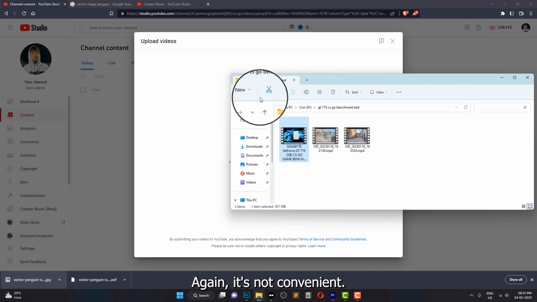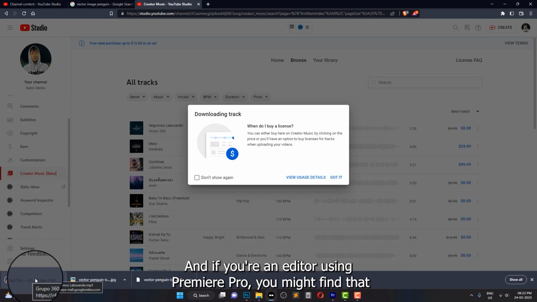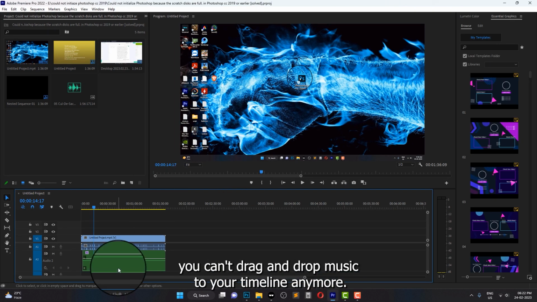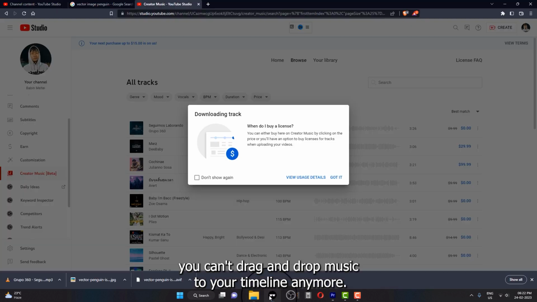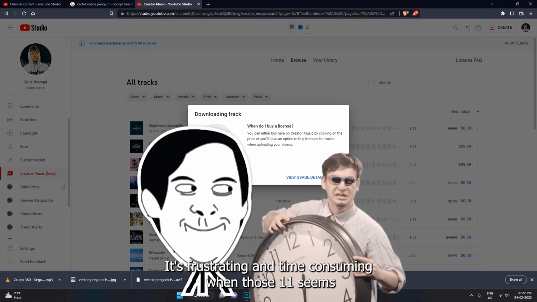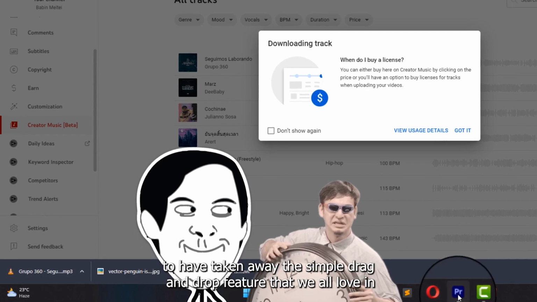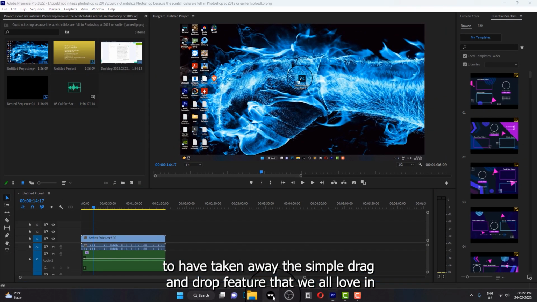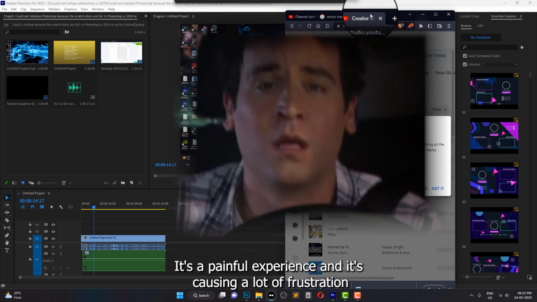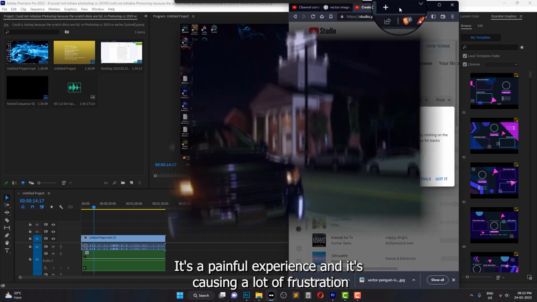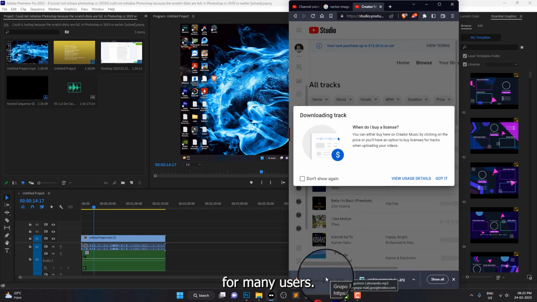Again, it's not convenient, and if you're an editor using Premiere Pro, you might find that you can't drag and drop music to your timeline anymore. It's frustrating and time-consuming. Windows 11 seems to have taken away the simple drag and drop feature that we all loved in Windows 10. It's a painful experience and it's causing a lot of frustration for many users, but don't